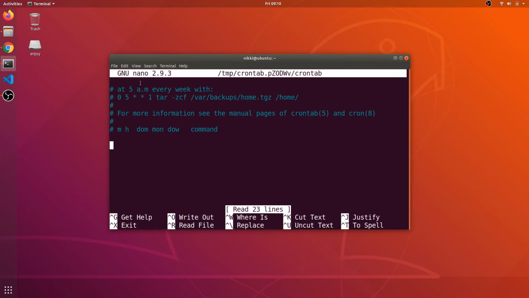First I will keep all stars, and what this means is it will execute every minute, every hour, every day of the month, every month of the twelve months, and every day of the week. So this script will execute every minute while the system is running.